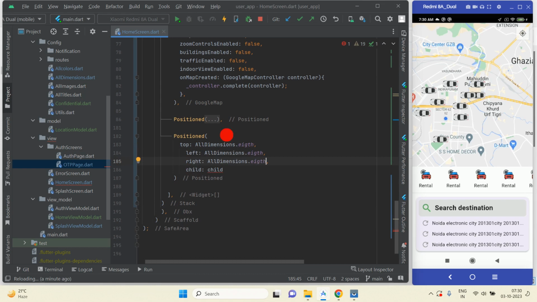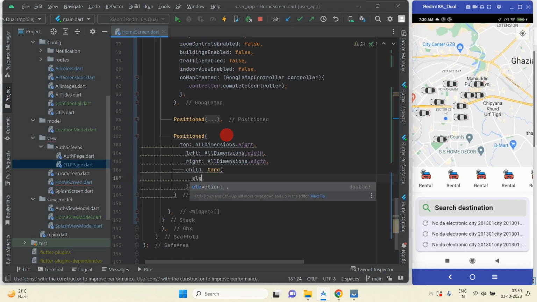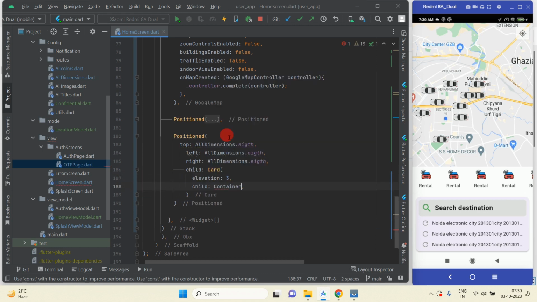Okay, and in the child we will use card. So the elevation will be 3 and child will be container,